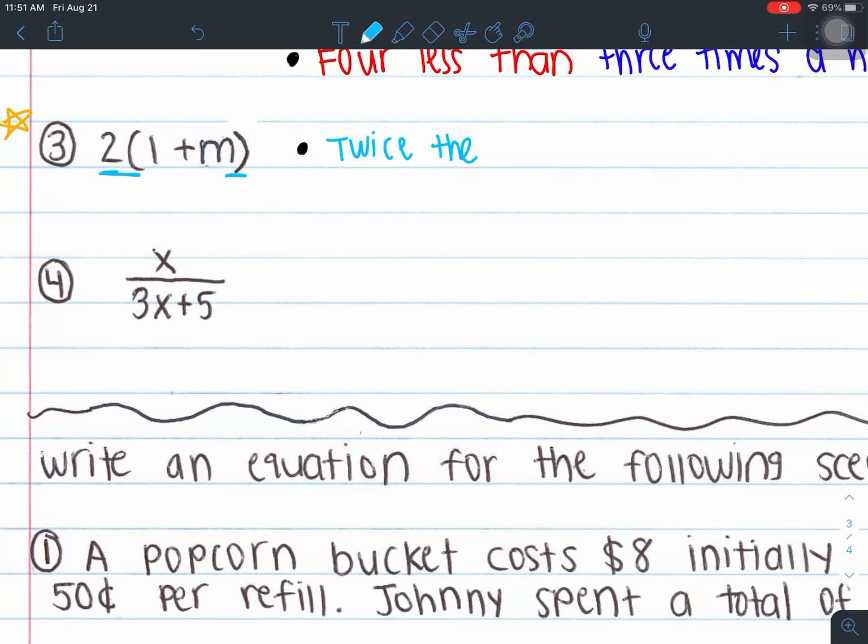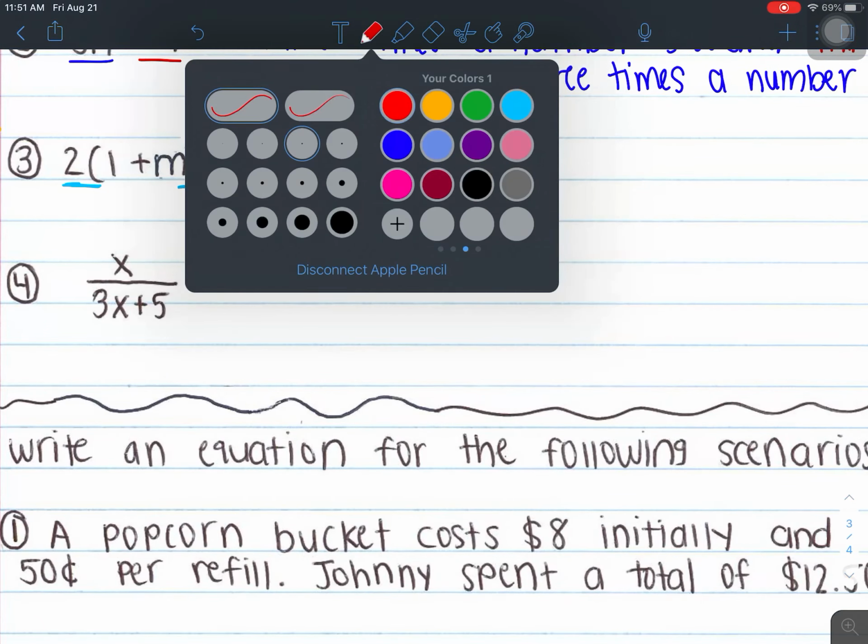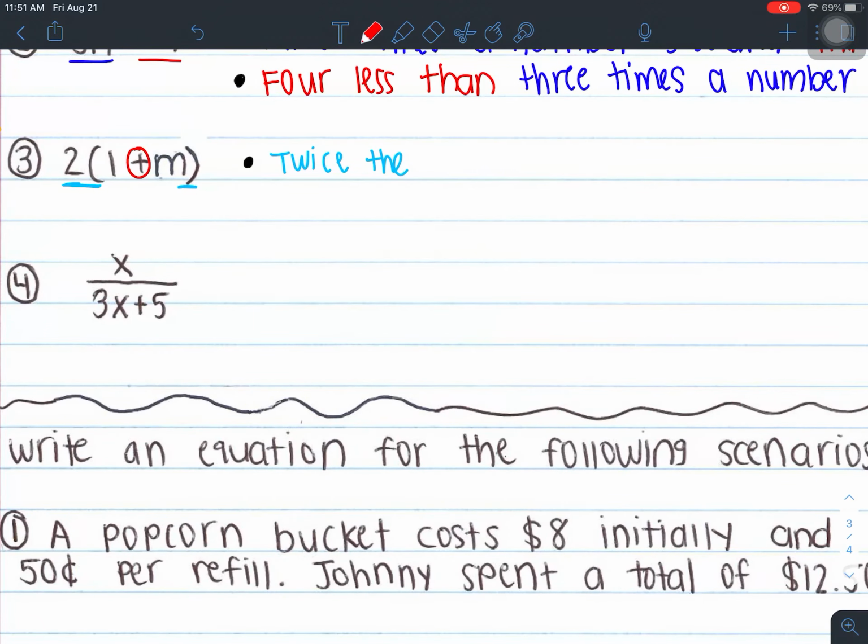Now, the reason why I know it's twice is because that 2 is in the front. If it was a 4, I would say 4 times the. If it was a 3, I'd say 3 times the. But because it's 2, I could technically say 2 times, but I just want to say twice. So twice the blank. Well, what operation is inside there? A plus sign. So it would be twice the sum